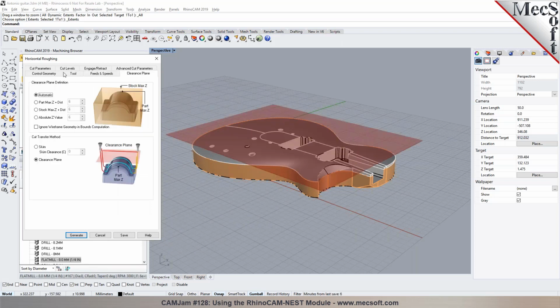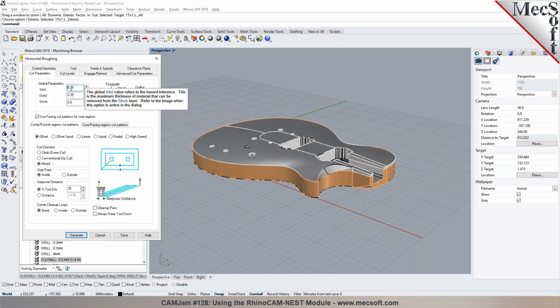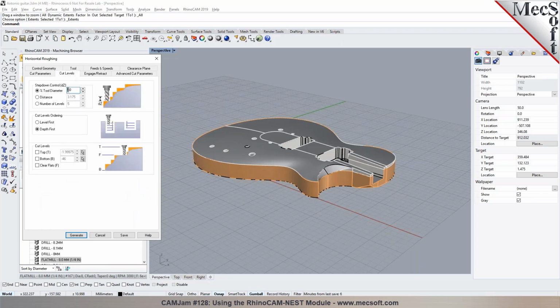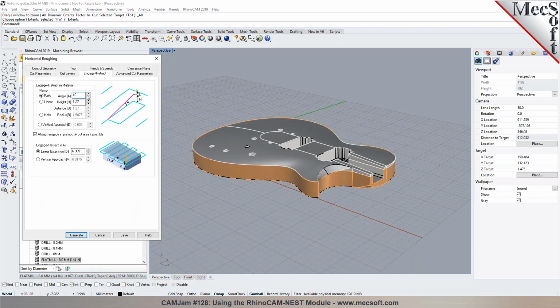You then set your feeds and speeds. You enter in your cutting conditions, like you can specify the cutting parameters in here for your roughing operations. You can specify the step overs. You can control your cut directions. You have the step down for cut levels, how much material you want to take down per pass. You can specify these in here. You can control the entry and exit parameters, and also you can specify fitting parameters for arcs, and then you